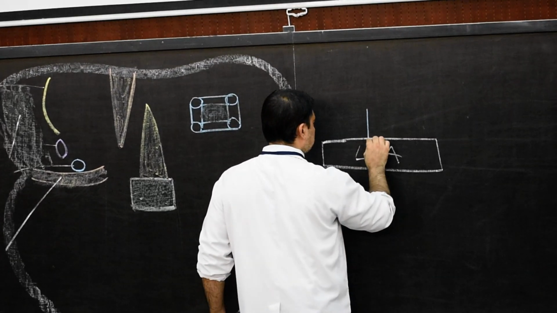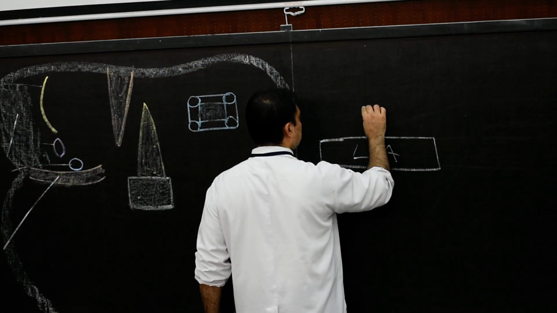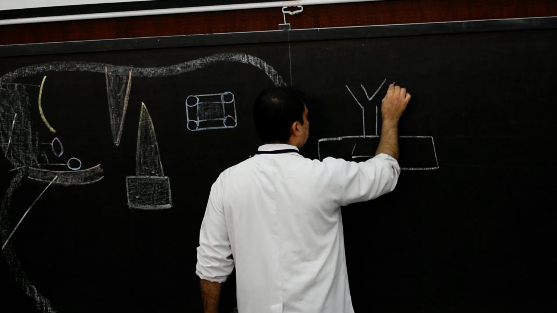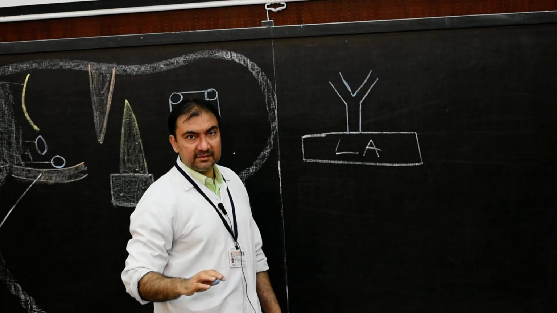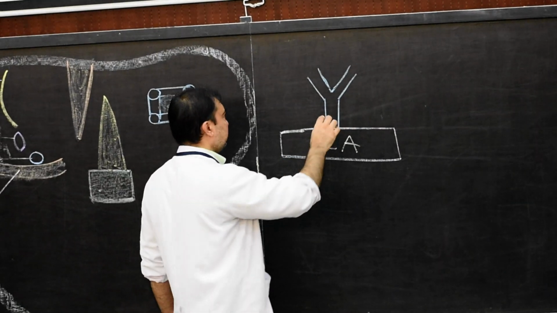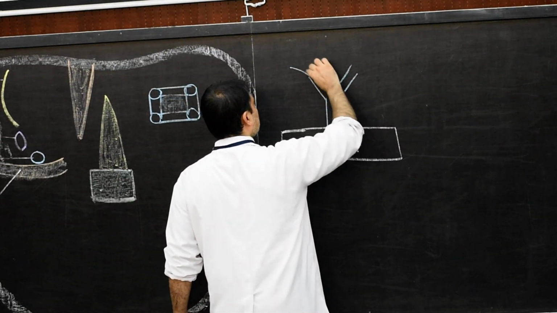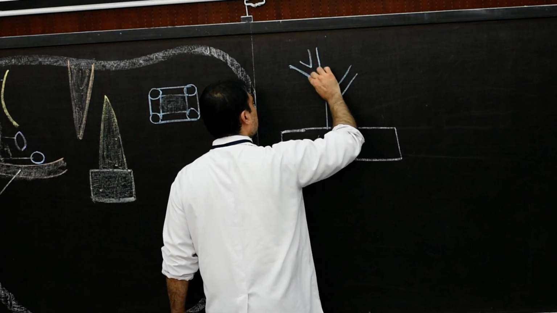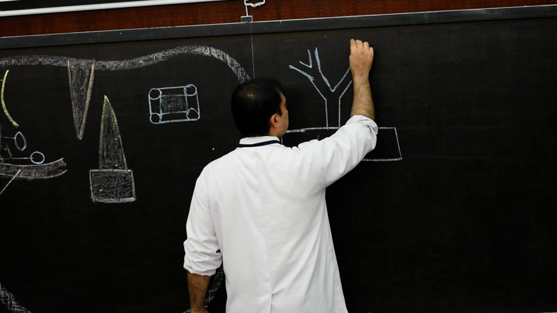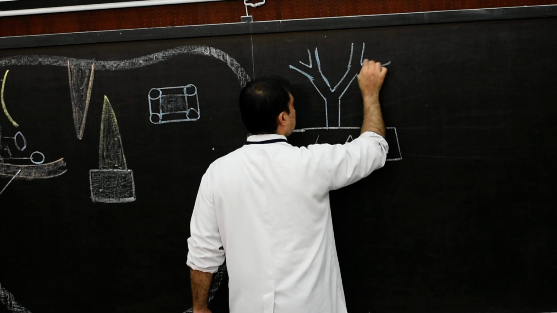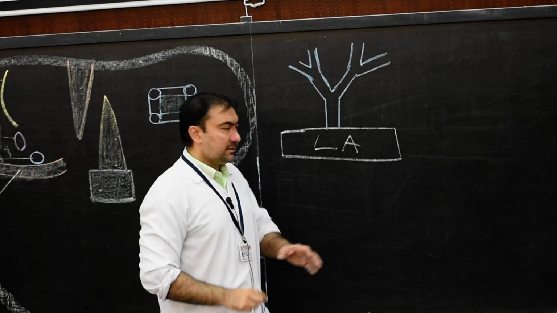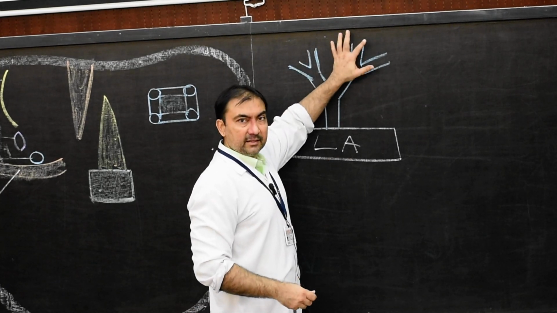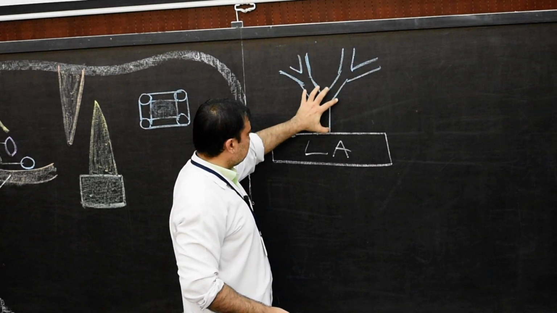So here there is first initially opening of pulmonary vein. This pulmonary vein will divide into 2 branches because it is coming from the 2 lung buds, that is the 2 lungs, right and left. After entering the lungs, it will again divide into 2 branches, upper and lower division. So here what we are showing is the branches of the pulmonary vein once it enters the lungs. Forget that.